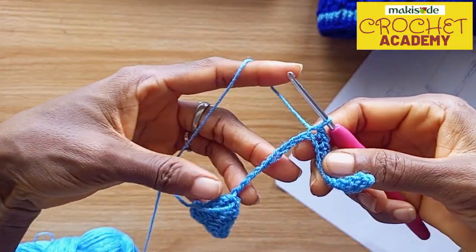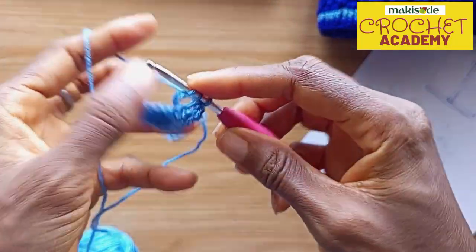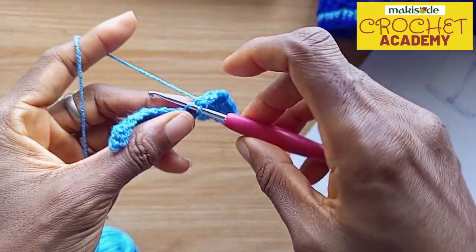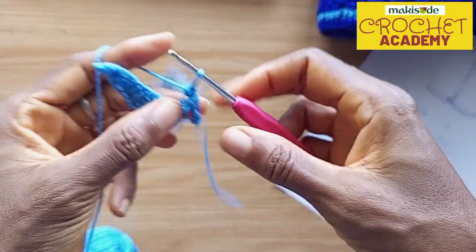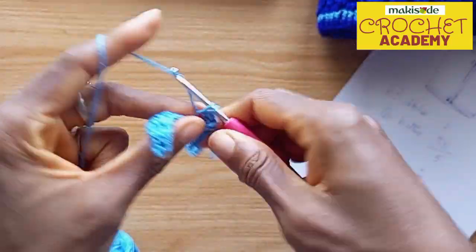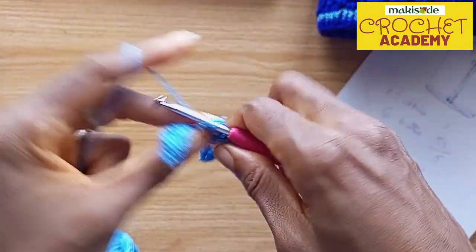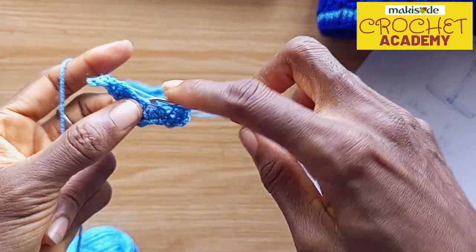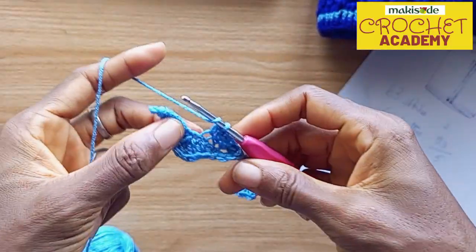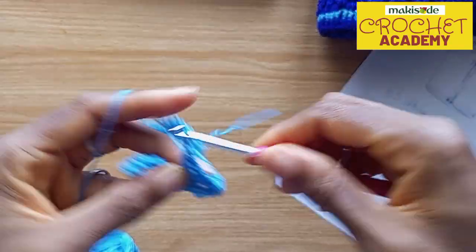You still have your branch right there. So you turn over to the other side, slip stitch first, then work your 2 single crochet stitches, right? Then next 2 half double crochet stitches, next stitch is 3 double crochet stitches, 1,